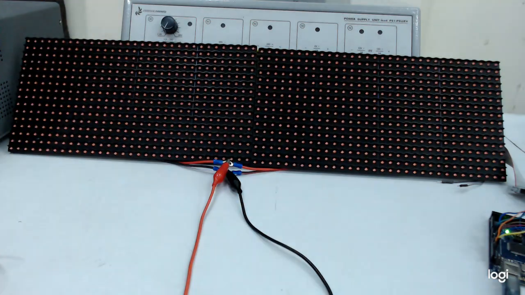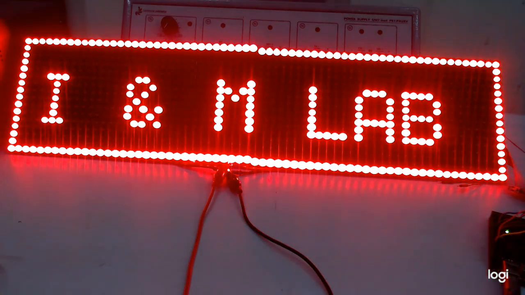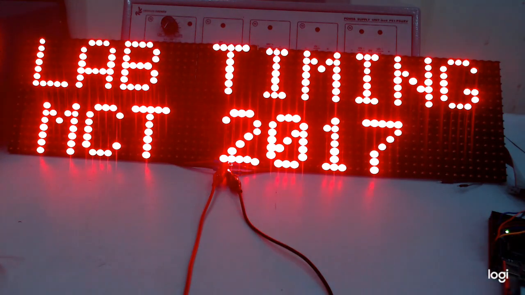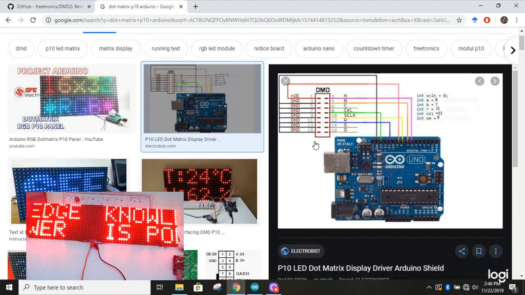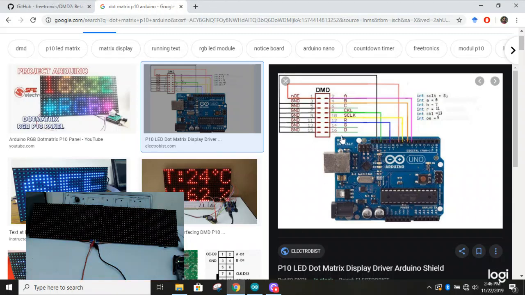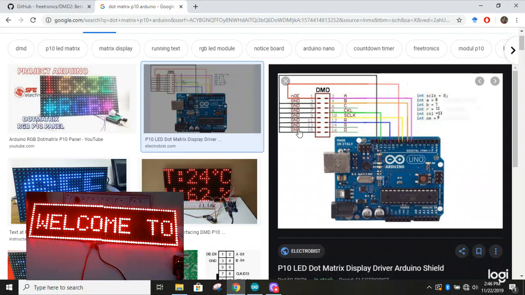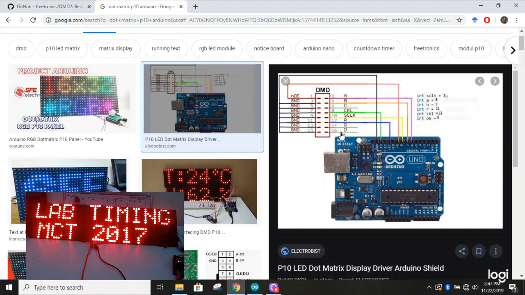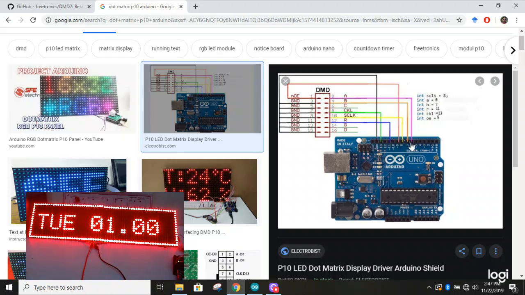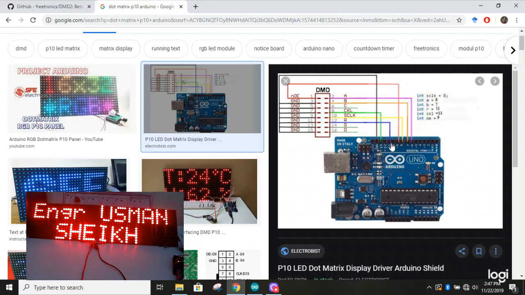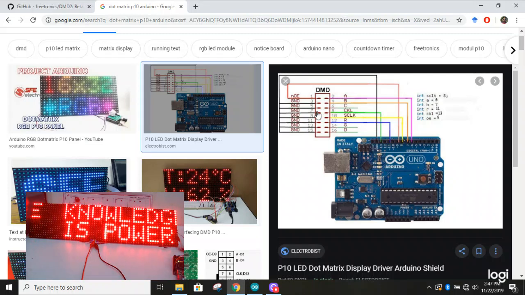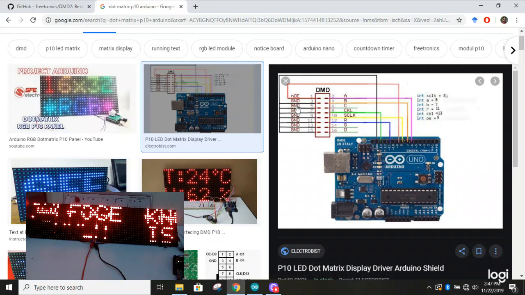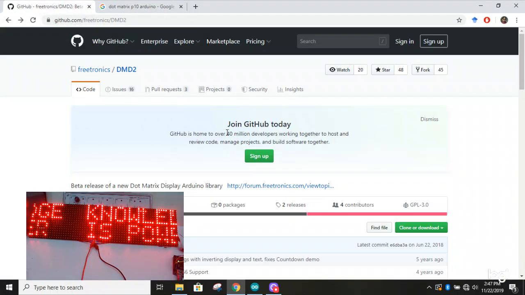So let's see what's the wiring diagram and what library we are going to use for setting up this thing. For the purpose of wiring, we have this diagram. Multiple terminals are connected to the ground and the rest of them are labeled and they are connected in this way to the Arduino. You can use either Arduino Uno or Mega, it doesn't differ. So this is the configuration for the hardware side, and on the software side we have to use